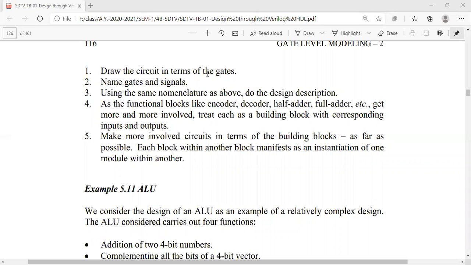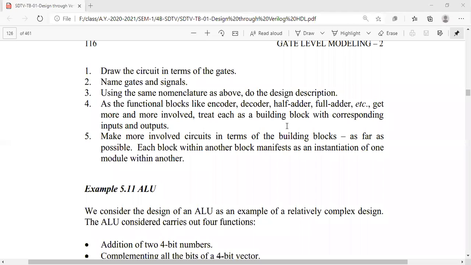And at last we may take the help of encoders, decoders, and also muxes and demuxes to combine all those individual ones. The basic functional building blocks we can use will generally be encoder, decoder, half adder, full adder, and many more like this, right? So we have to involve more when you design by your own.